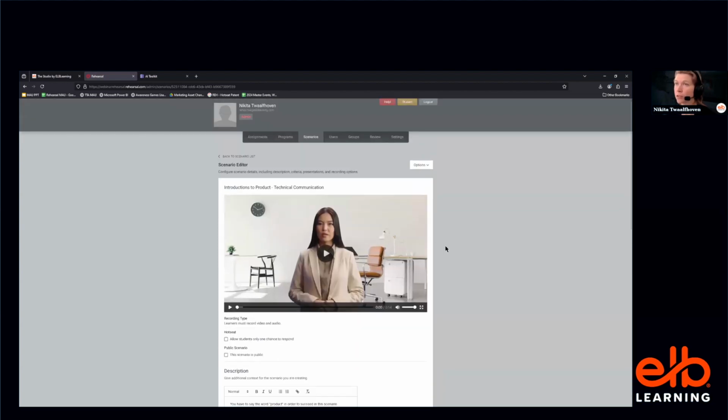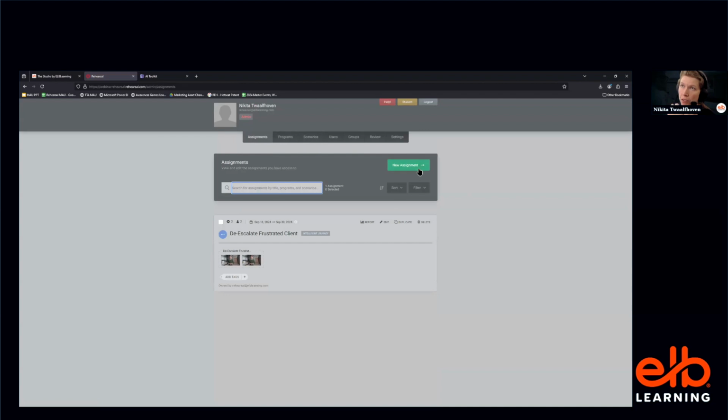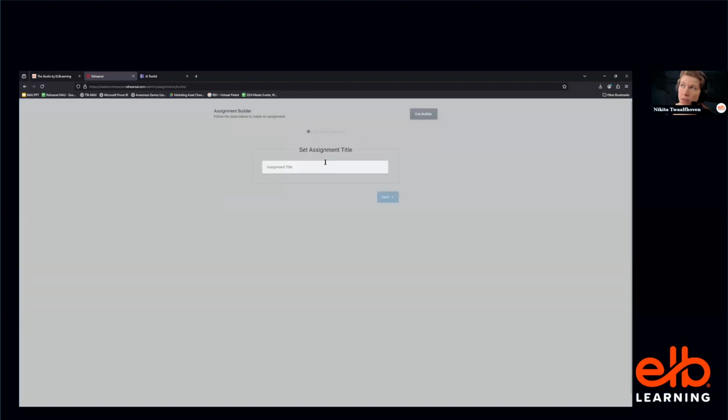and then publish this. If you didn't want to build the program first and you really are just trying to do an assignment directly, you can just go into the assignments tab and use the assignment builder, and it builds a